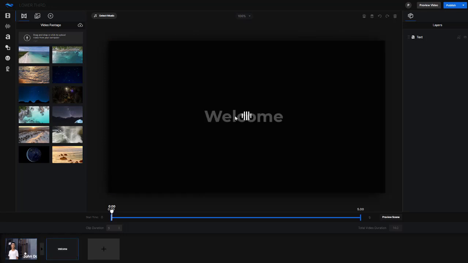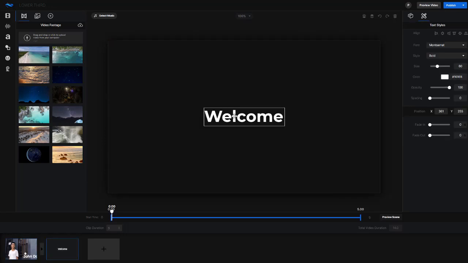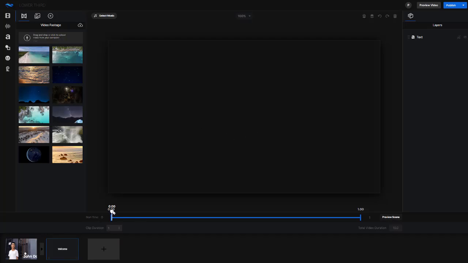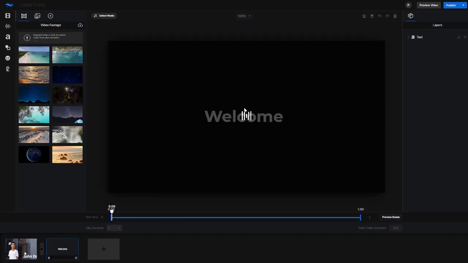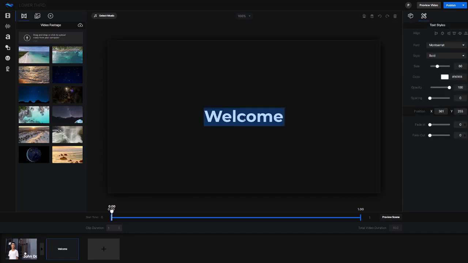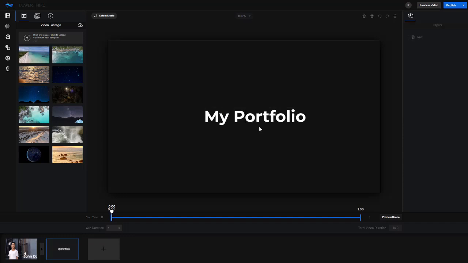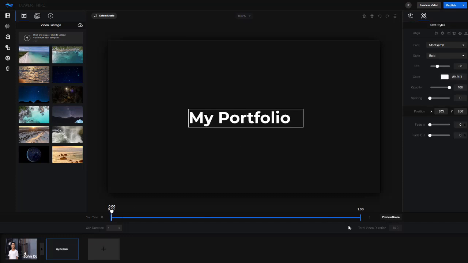What I'll do is I'll go to my new scene now so we know it's about photography, and what we're going to do is we're going to showcase some of what the photography is that we've done. So let's go and do that. So select my new scene. And I might say, for example, my portfolio. So I'll put that in the center there, and that's going to run for, it's got here 1